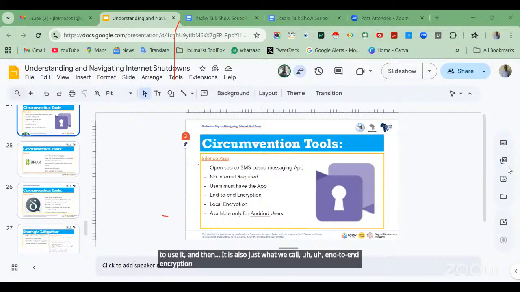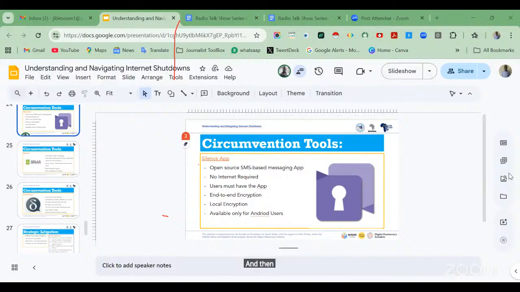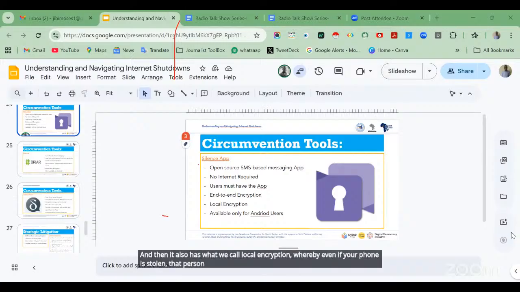That means your messages cannot be accessed by anyone except you and the person you're sending them to. It also has local encryption, whereby even if your phone is stolen, that person cannot have access to your information, because it is encrypted. This Silence app is only available for Android users.